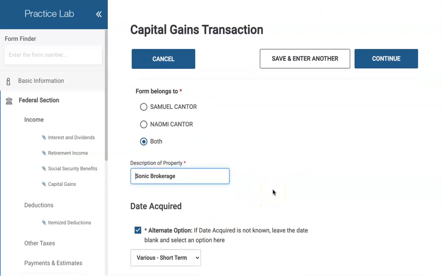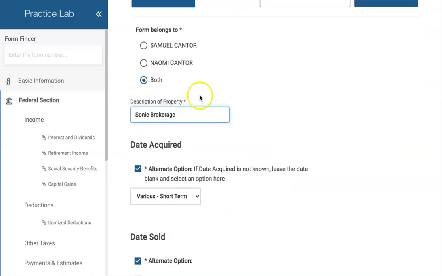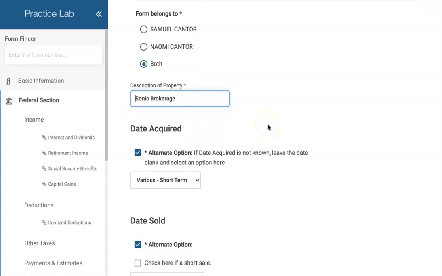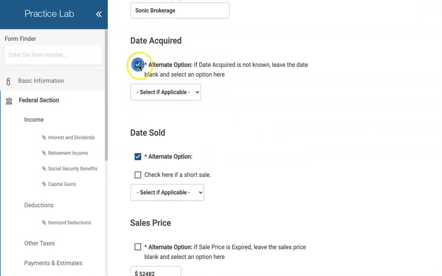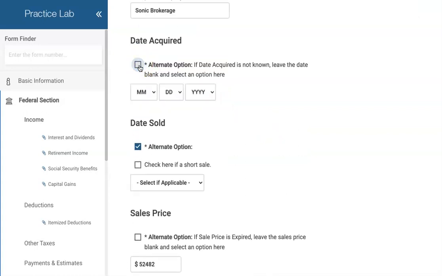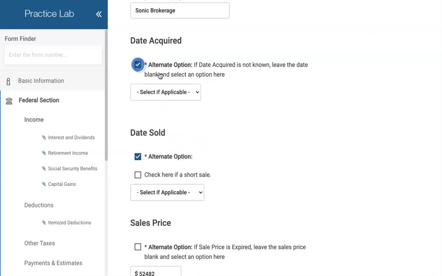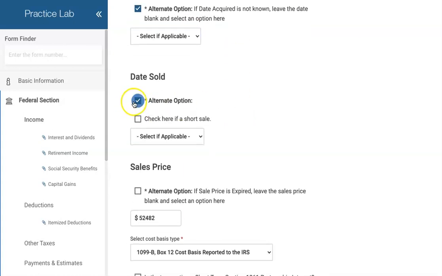So the broker statement was for both the taxpayers. You check both. For the description of property, and we're going to put this in as a single line of all the short-term gains summarized in a single line that goes into Tax-Aide, anytime you have that, you generally use the name of the brokerage company as the description of property. You've checked alternate option rather than entering a date because these various stocks were purchased at different times. And the date sold is similarly different. So you check that